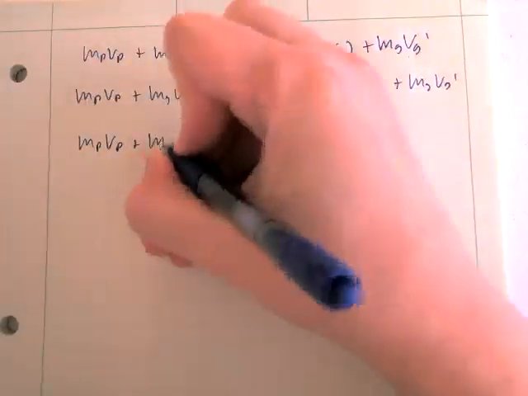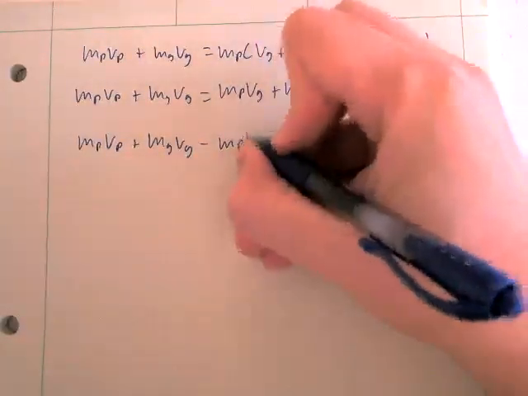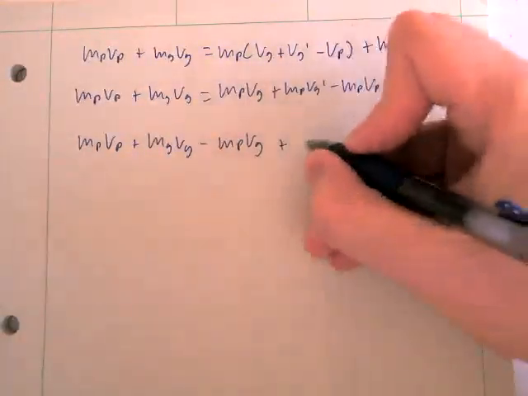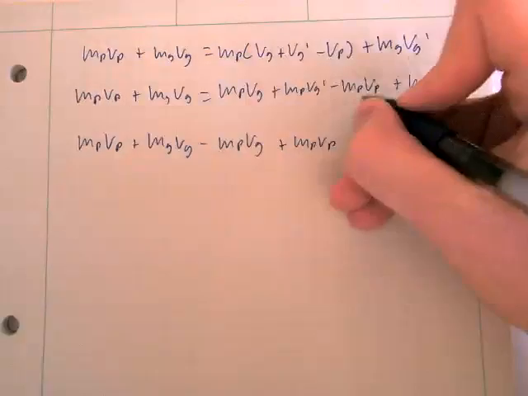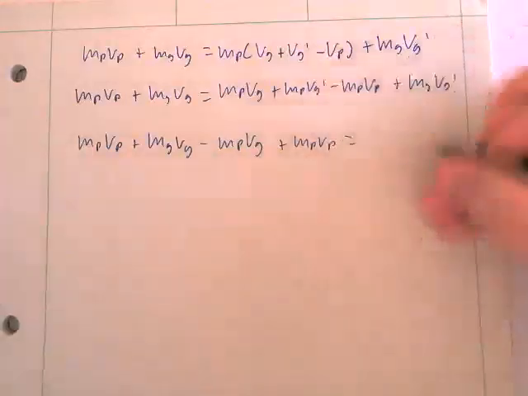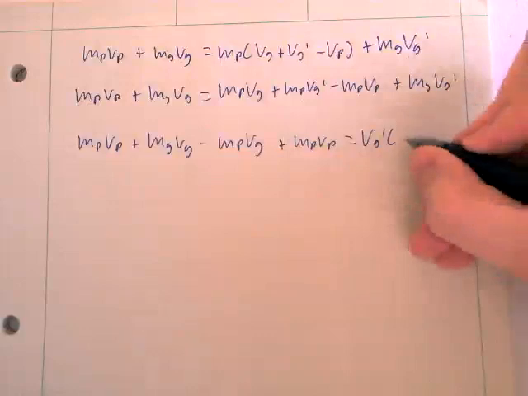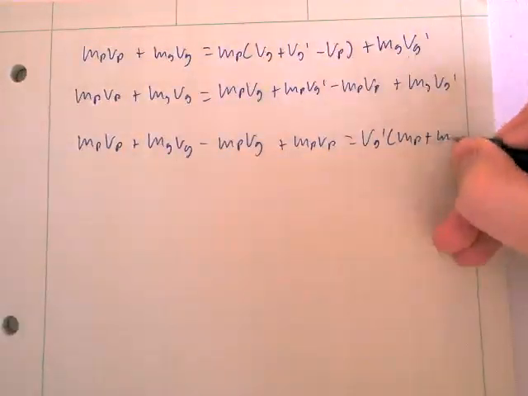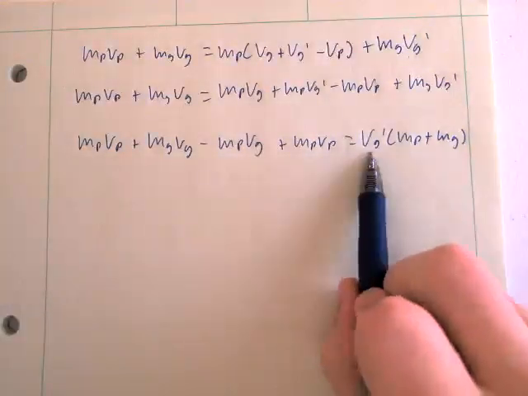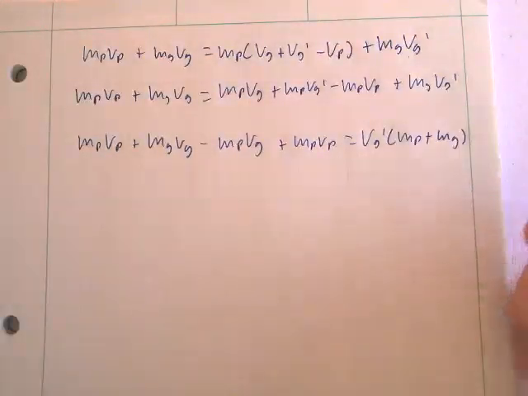P plus G, VG minus MPVG, right? So that's coming from there, plus MPVP. So that one comes over to this side, right? This one becomes a minus, this one becomes a plus. Collect the VG prime terms: equals VG prime times MP plus MG, right? Okay, so now we can divide this over and simplify that out, and we will have our expression for our